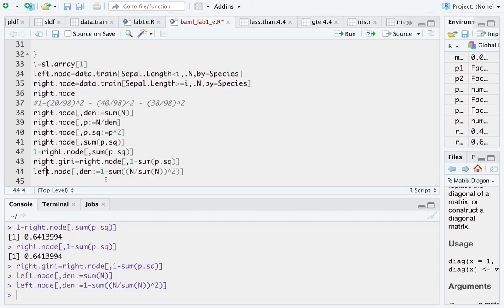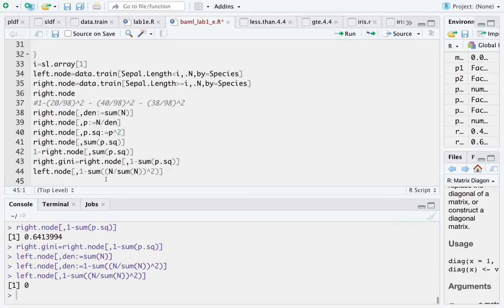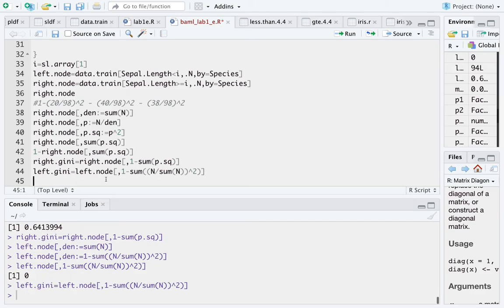Oh, I don't want to call it den. I want to call it anything. I want the actual value, which is 0. It gives me the value 0. All right, and that's the right answer. We know the left Genie score is actually 0. All right, and now our actual Genie score,